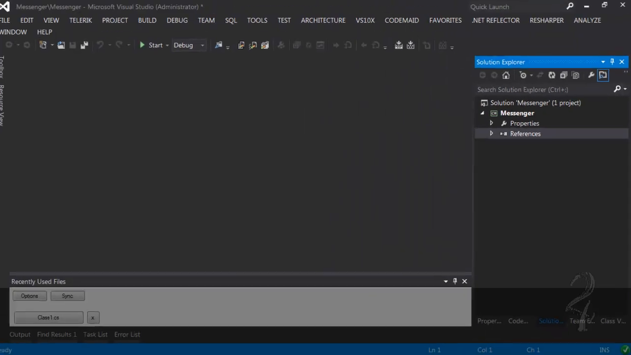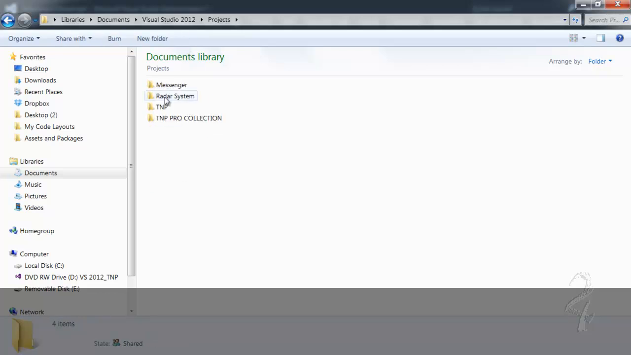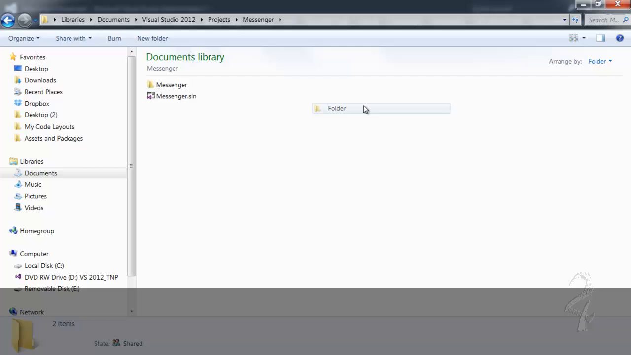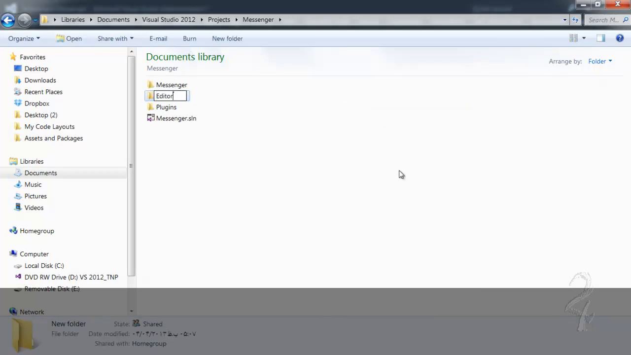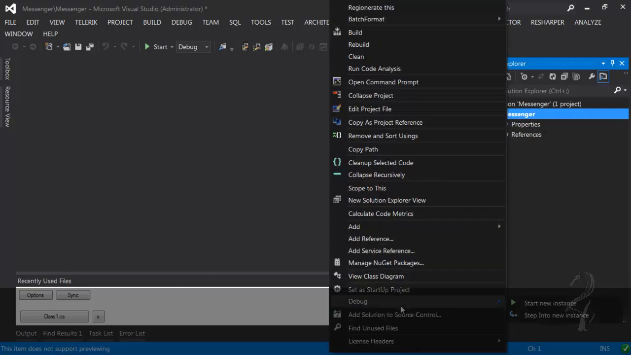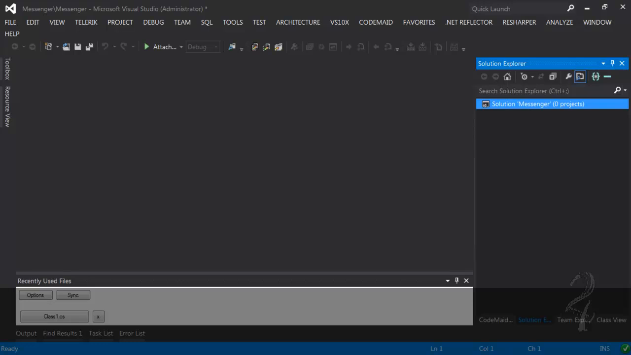Let me open up my documents, going to Visual Studio 2012 projects, and here's the messenger project. In here I need to create one folder, and I will call it plugins, and I will make another folder, but I won't use it, and I call it editor. Now this solution has one project in it, the messenger project. I will delete it. Yes sir, I will delete the project. So now I will have an empty solution, but